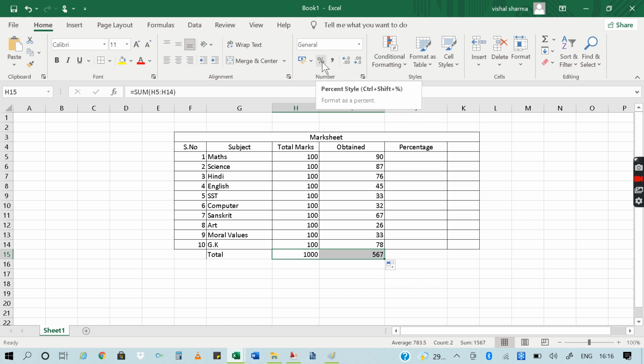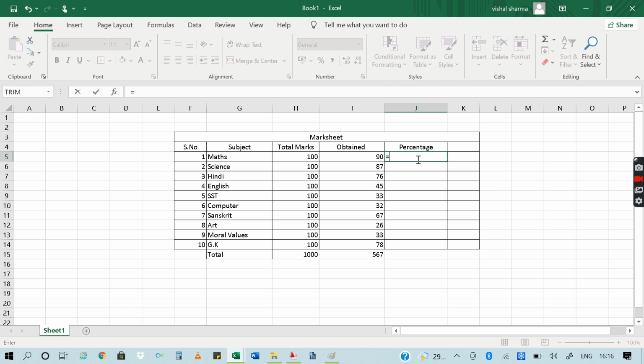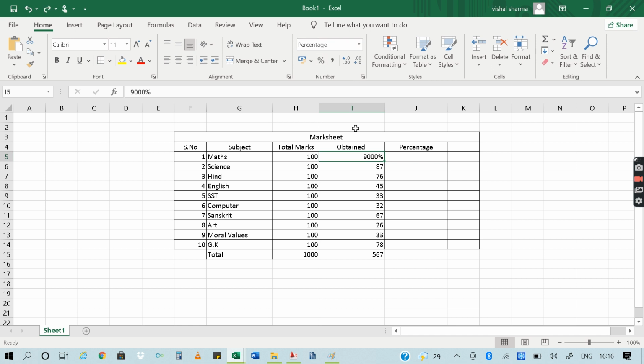Now you can see that there is a percent, so this is the percent of all these numbers since it is 100 marks. If you want to change it, you can change.